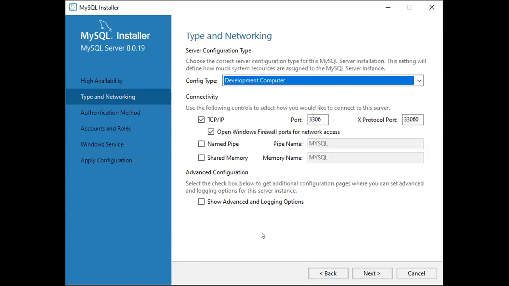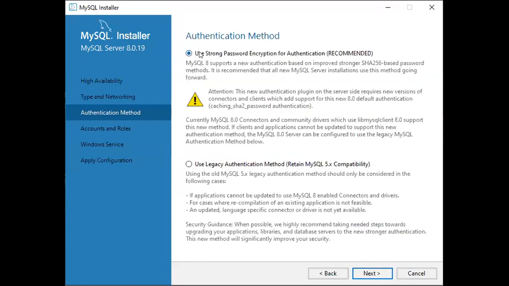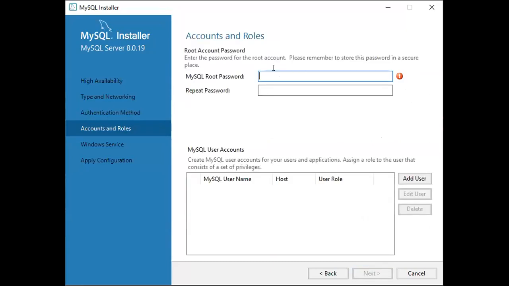Okay, the remaining things you don't change, this port, all those things, let it be default. Click on this, then use strong password encryption for authentication. That means for logging into MySQL, your database, use the password. Yes. So you give the password, right? Your password must be alphanumeric, right? So I'm giving Raju Kannam 123. Okay. And remember, when you are giving this password, you should note it down somewhere, right? Otherwise, if you forget this, you cannot log in to MySQL again.